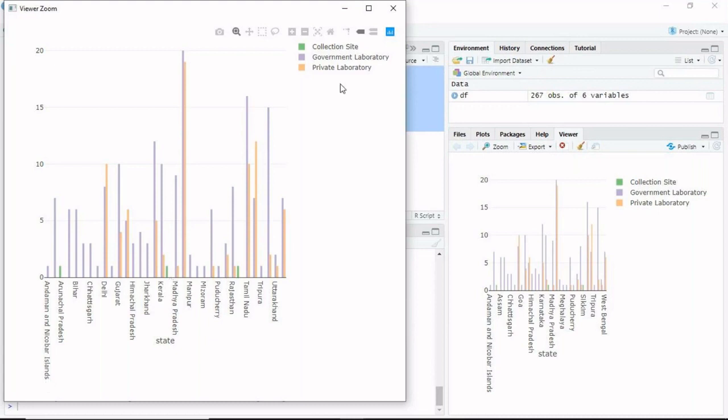So this is how the collection site, government laboratory, private laboratory, what are the different laboratories which we are using for collecting test samples. This is one such example. If you go onto these graphs, it will show you the state from which we have taken that particular data. Maharashtra, this one is Maharashtra, and the set time. This is from Karnataka, Kerala. So like this,